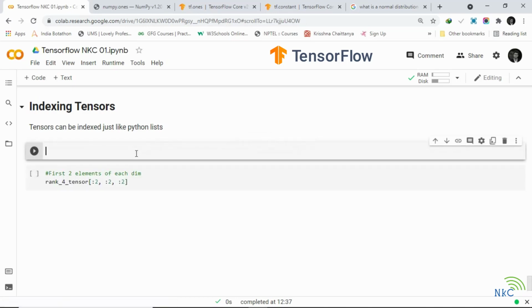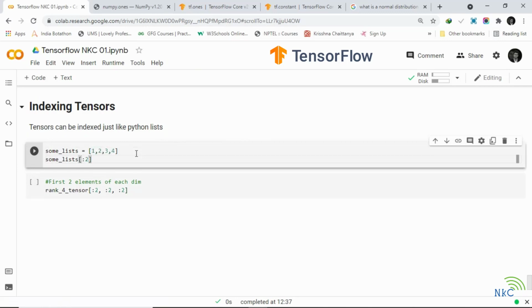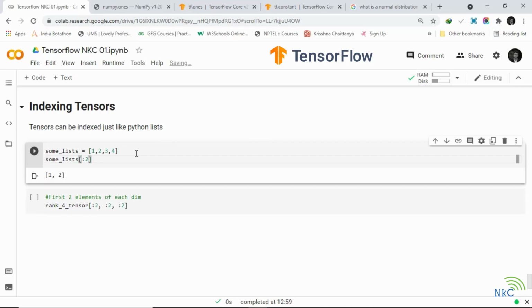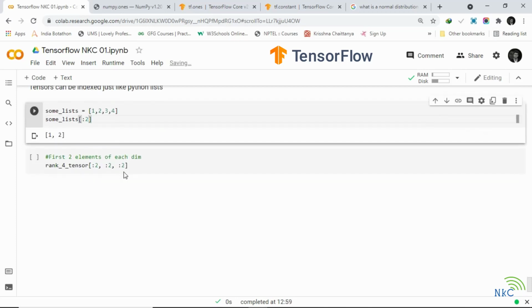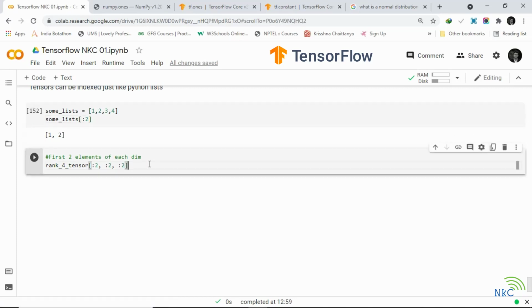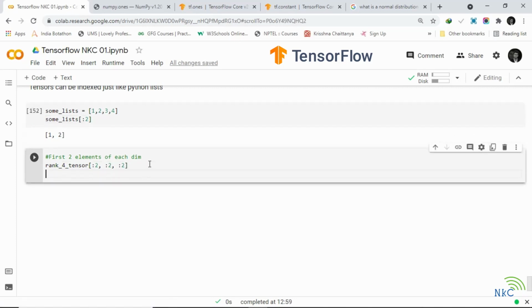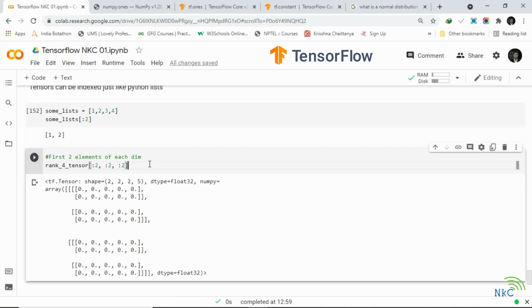Just like a Python list, if you make some list equals 1, 2, 3, 4 and we want the first two elements of some list, we go here with a colon and we will get 1, 2, beautiful, right? So now we can do the same here, but with a tensor that has multiple dimensions, we separate them by commas.